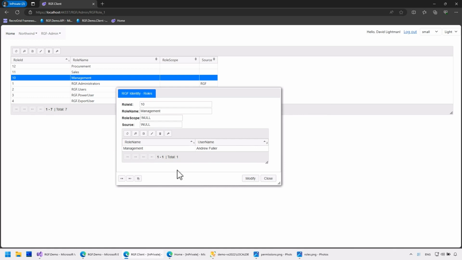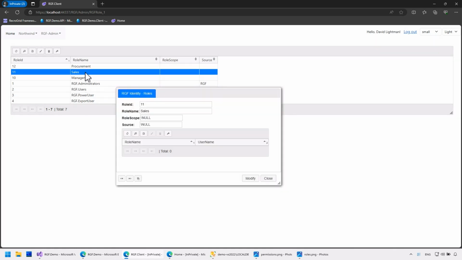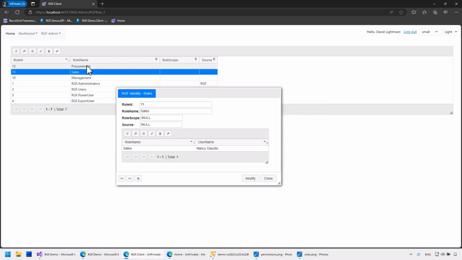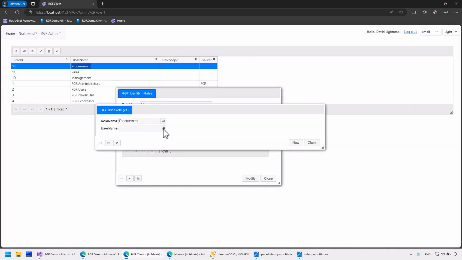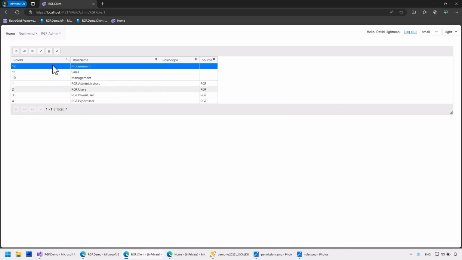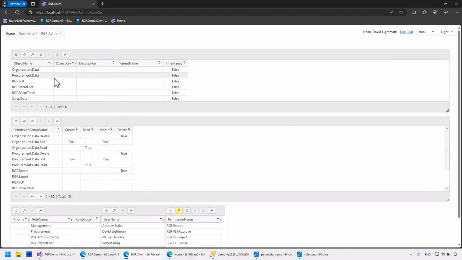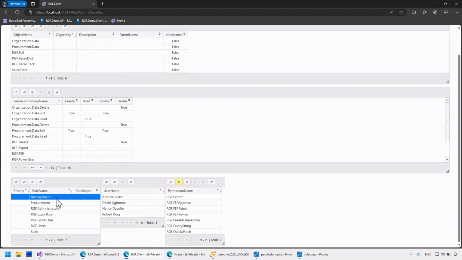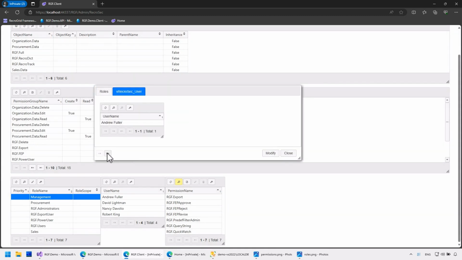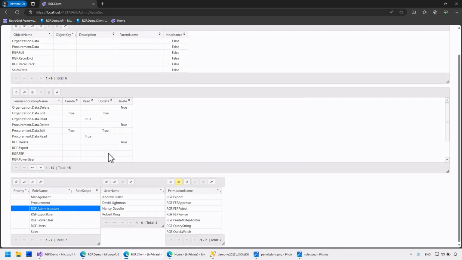Andrew will be in Management. Nancy in Sales. And Robert in Procurement. The Recrosic page also shows which users are in which role.